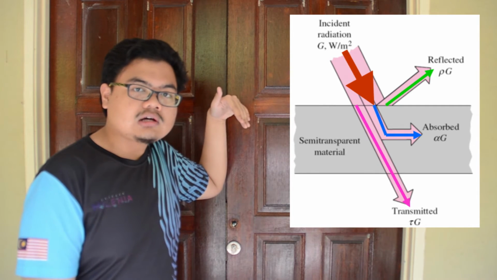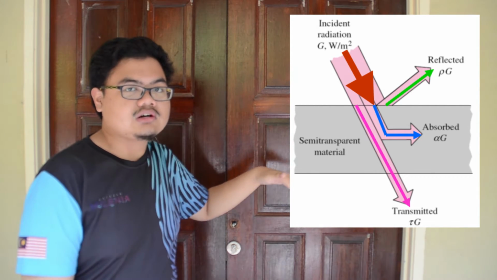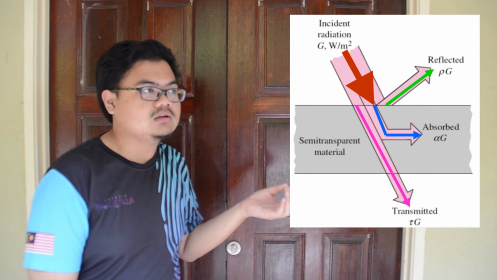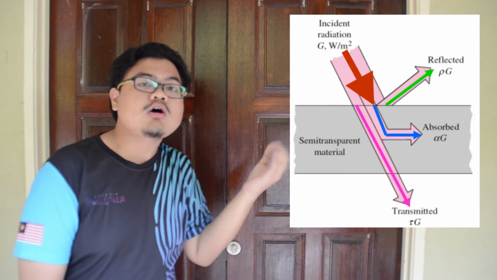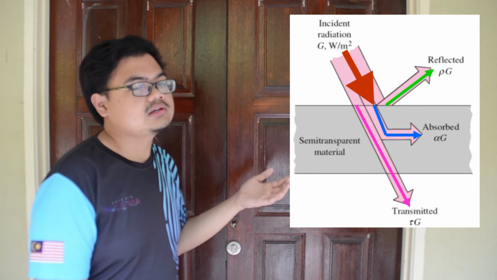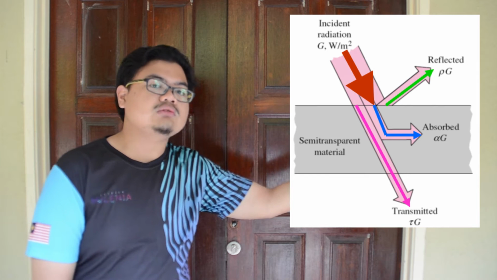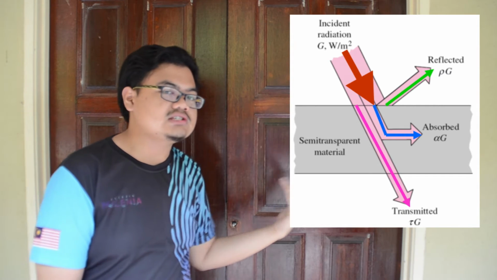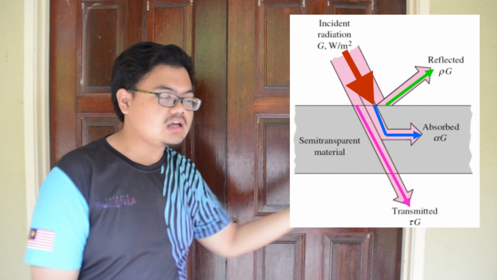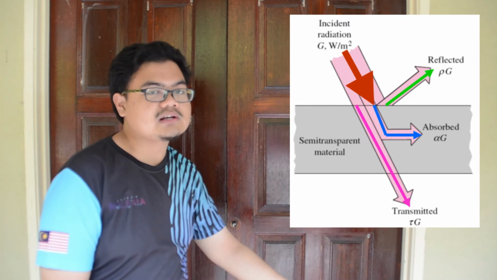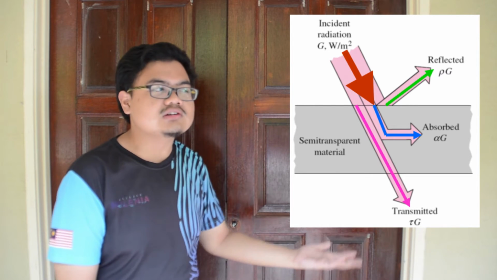Upon touching the surface of the object, the radiation will split into three based on the types of surface, whether it's transparent, semi-transparent, or opaque, based on its materials. Then the radiation will either be reflected, which is reflectivity, or absorbed, which is absorptivity, or transmitted, which is the transmissivity, where the radiation passes through the object, which means that the object is really transparent. Next, to further continue the properties and other things,